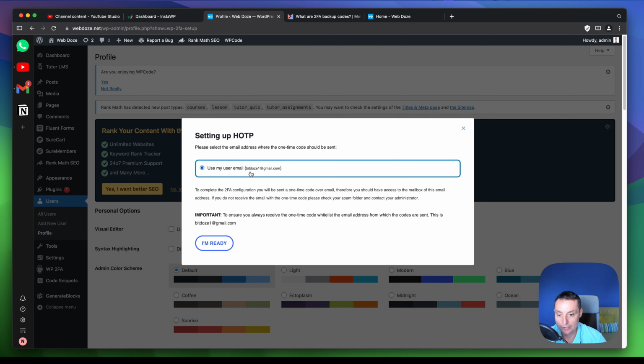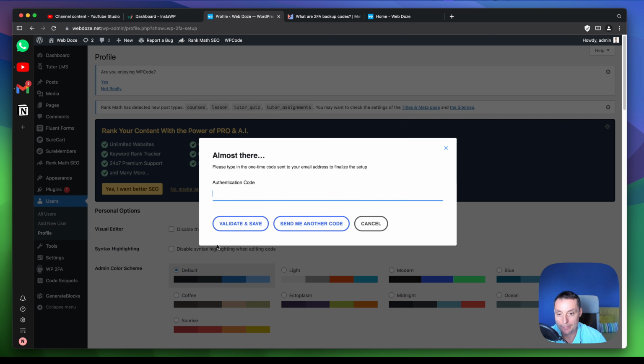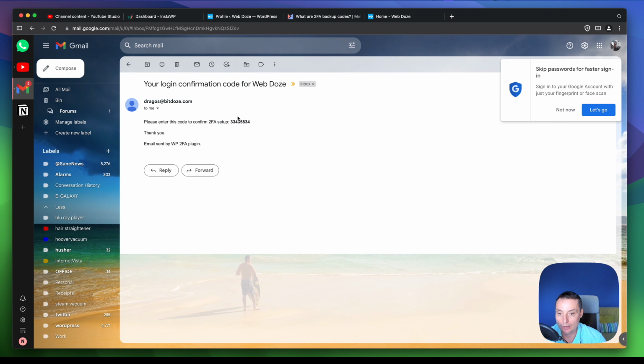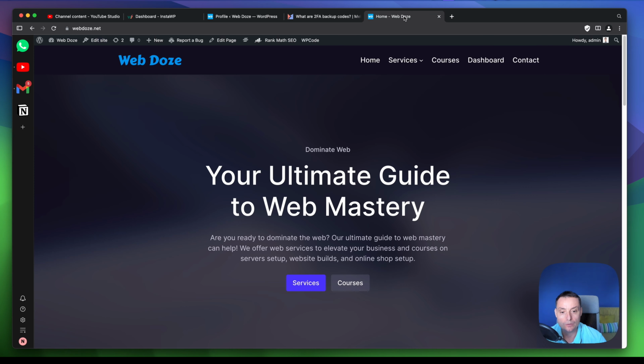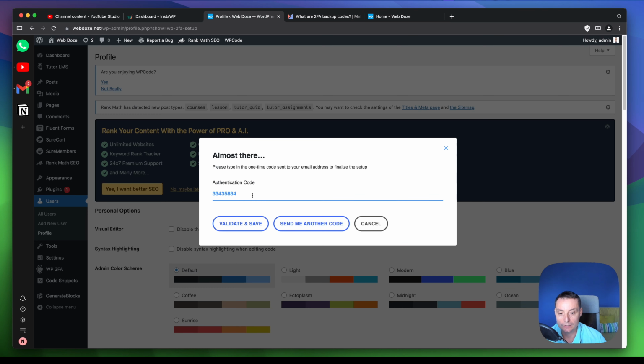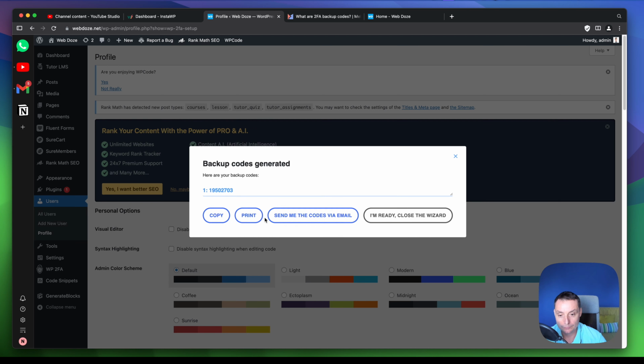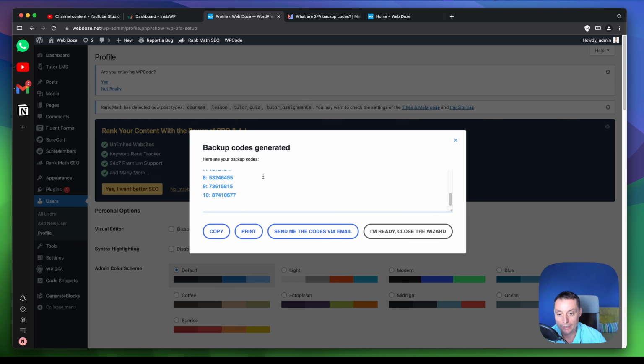Here you see that I have the email, so I am ready. Right now you should type the authorization code that was sent to the email. Okay, the email was sent, and now you just need to put the authorization code in here, validate and save. You can generate a list of backup codes,